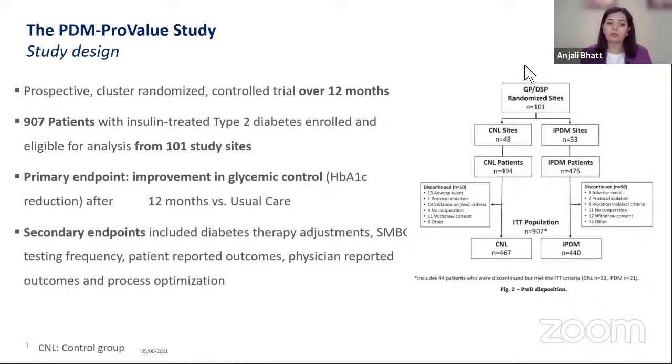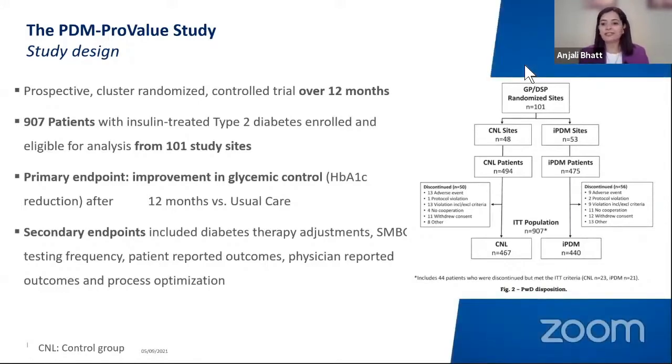Not only glycemic control as a primary endpoint, but also the secondary endpoints, which are very important. If we only target the glucose, we may land up with a person who has a normal HbA1c but is very unhappy about the treatment, unhappy about the healthcare system, unhappy about the doctor, and unhappy about himself. So apart from the glycemic control, we need other parameters like testing frequencies, patient-reported outcomes, and doctor-reported outcomes. If the patient needs to be satisfied, the doctor also needs to be satisfied.